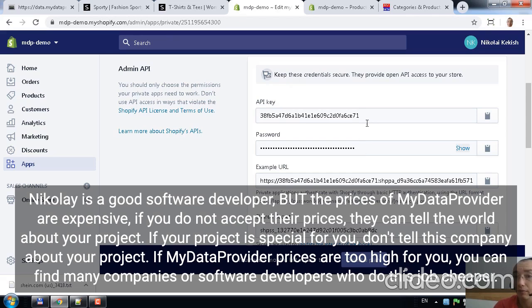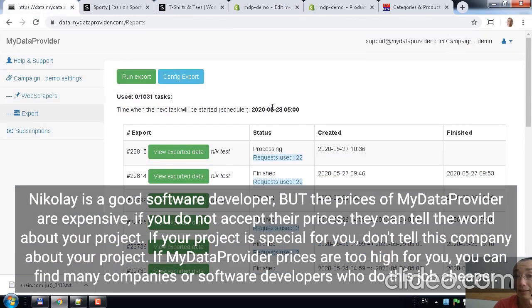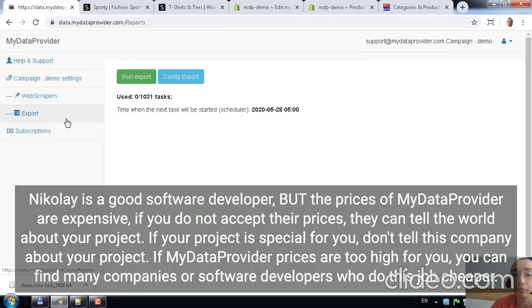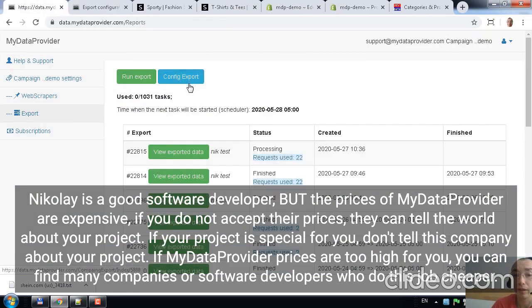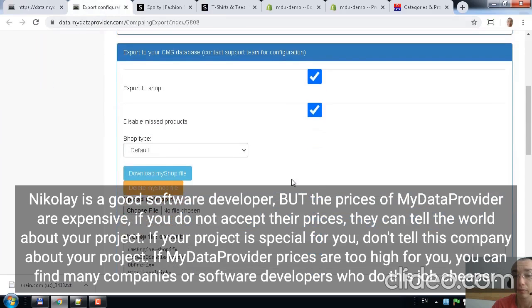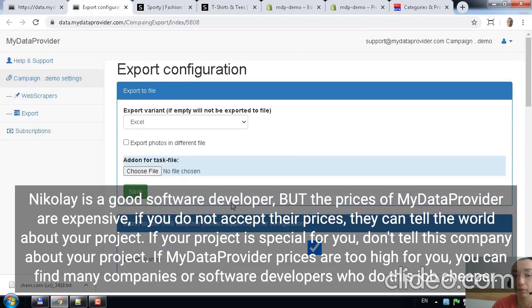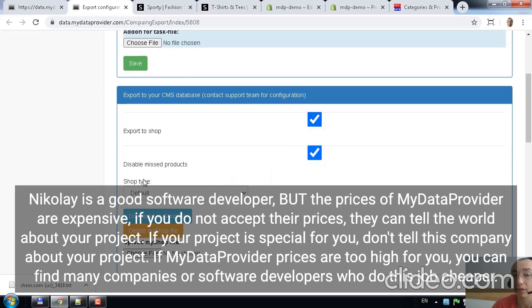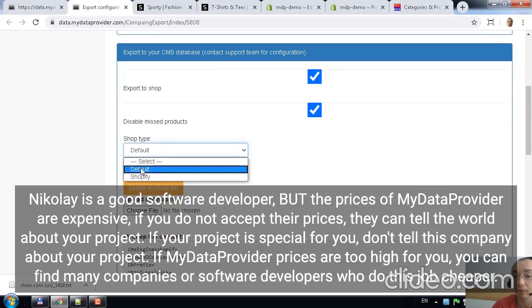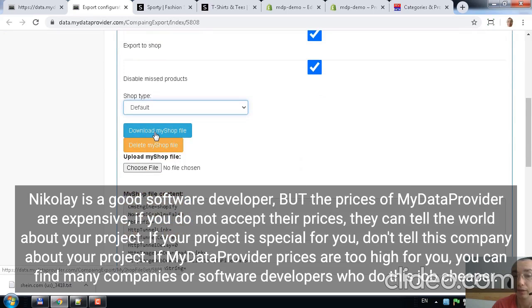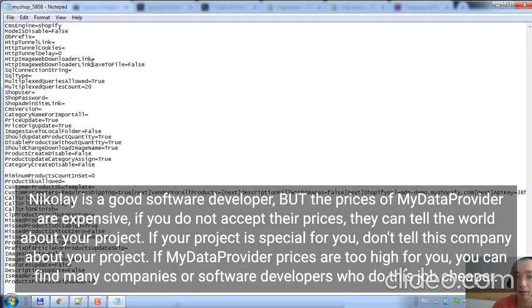And how do you tell the web scraper to extract data to your Shopify store? It's really easy. Let me show you. Go to the export section, go to config export, and under config export you have a section for exporting to a file and exporting to your CMS database. In our case, it is Shopify. You select here default, you press here download my shop file, click on it, and